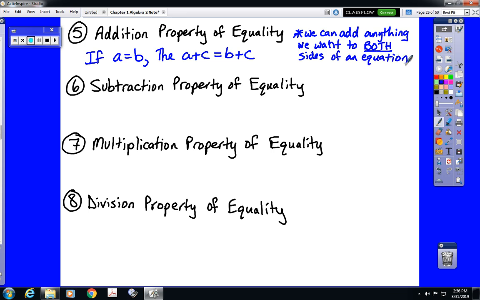So whatever we have, A equals B, we can add something else, C, to both sides. That's perfectly legal. Now, based on that, we should be able to guess how the rest of these properties are